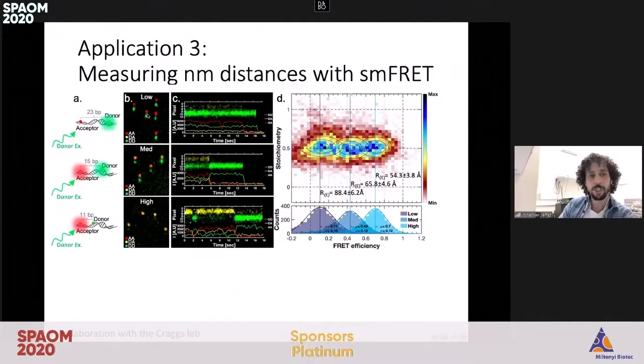So the emission of the acceptor is dispersed above the emission of the donor, so you can see both emissions simultaneously on the same field of view. And here is a time trace of the emission of the donor and acceptor with donor excitation, showing the different FRET efficiencies. Using alternating laser excitation, we can accurately quantify the FRET efficiency and resolve the different